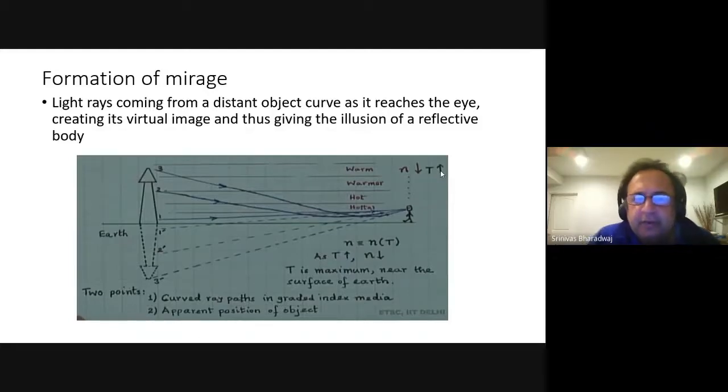Similarly, mirages also happen because of total internal reflection. You tend to see something which is very far away, almost as though it's near, because of the variation in the refractive index in air. And so close to water typically, or in places where there is, you kind of get an apparition of some sort. Okay, so that's how you end up with the mirage.